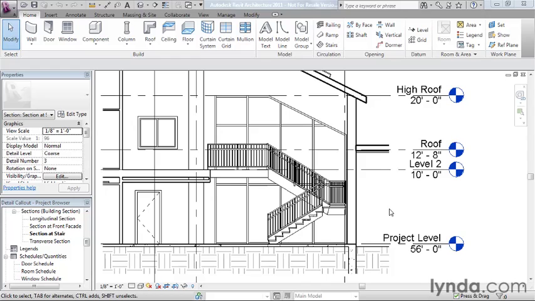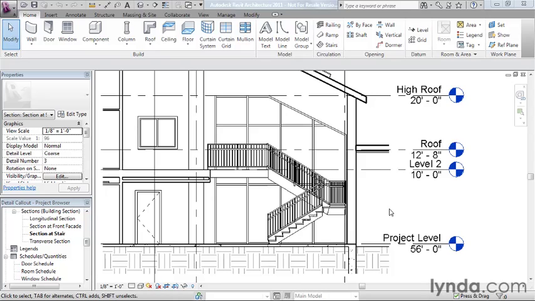For such items, we will continue to rely on detailed drawings, which have always been part of architectural communication. Revit offers a full complement of tools to facilitate detailed drawings and does so in a way that maximizes the potential of both the live 3D model and the large-scale detail embellishments. So let's get started in this movie by doing the first step in the process, which is creating a callout